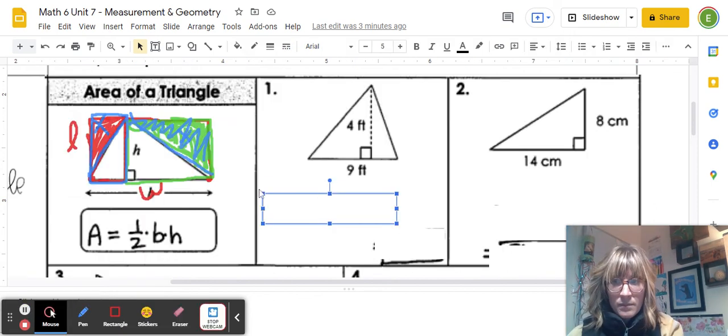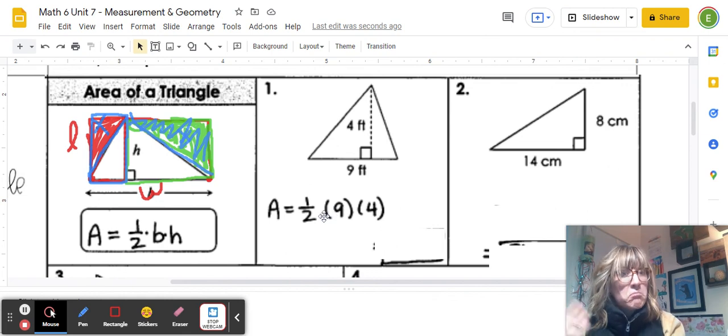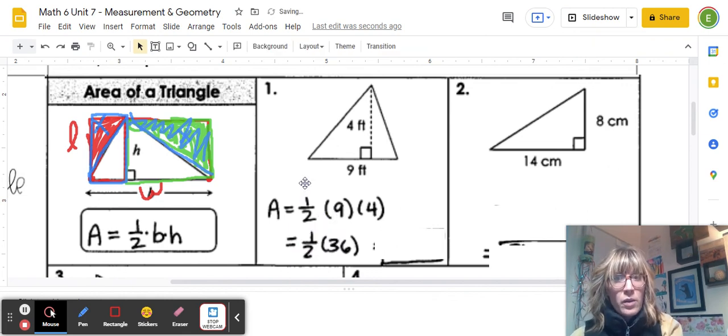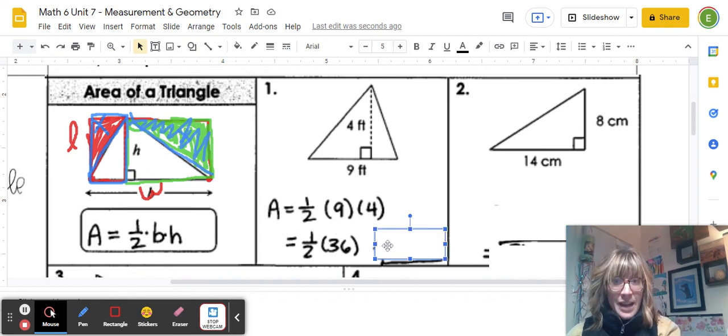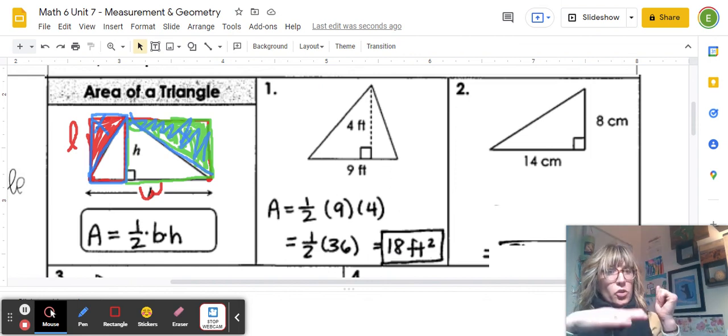So let's try it out with some real numbers. Over here, we have a triangle. We want to find the area by multiplying the 9, the base, times the height, 4, and then cutting that in half. Well, let's do it. We'll take half of 9 times 4, which is 36. Then the area is half of 36. So it's 18 feet squared, 2 dimensions, height